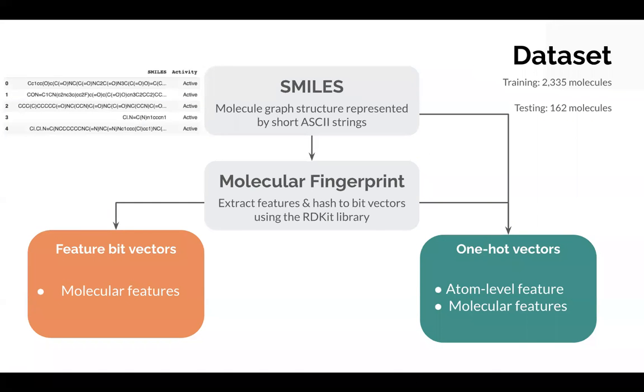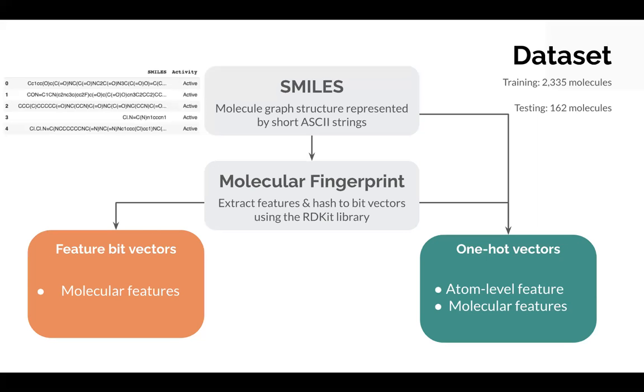We have 2,335 molecules for training and 162 molecules for testing. Each molecule is labeled as an active or inactive antibiotic. SMILES is a string representation of molecular structure. Through fingerprinting, we extract features and hash them into bit vectors. In the fingerprint vector approach, we use molecular features, but in the SGC approach, we use atom-level features. We know that more than 95% of data belong to the inactive class, and we deal with imbalanced data with our